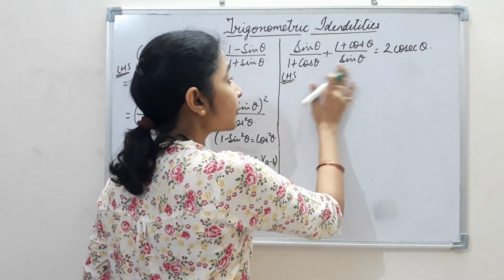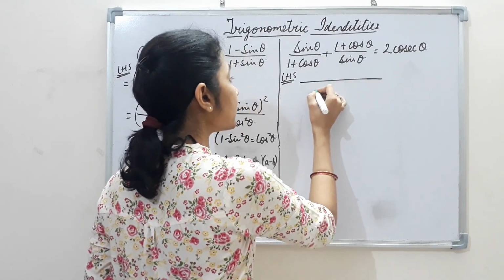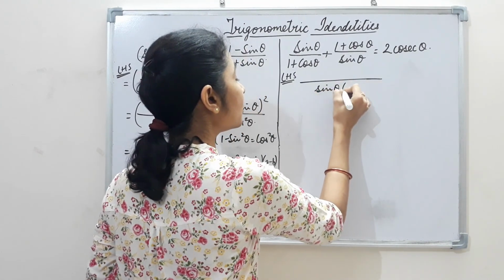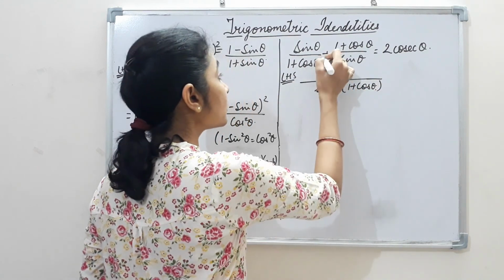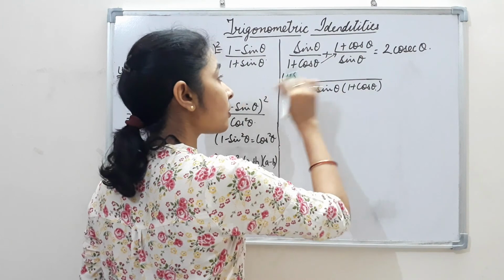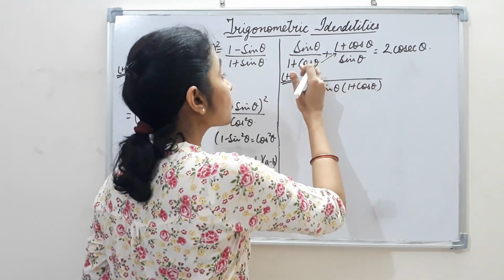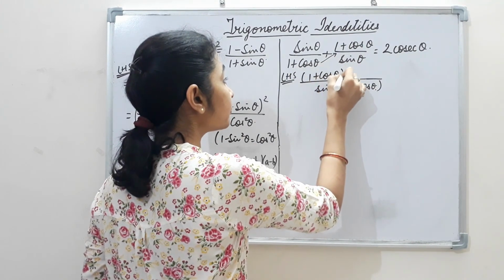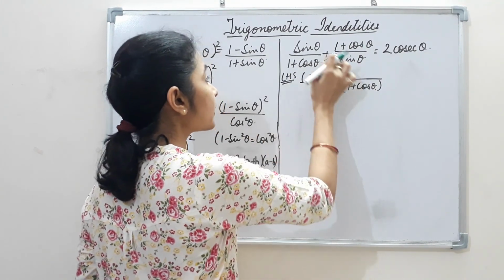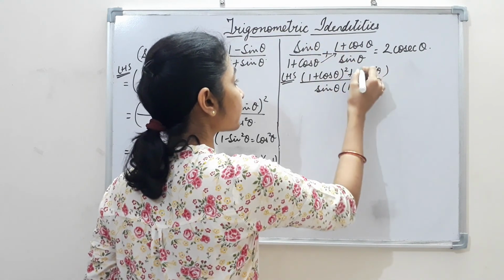we have different denominators here. We are supposed to start with taking the LCM. So I took the LCM, sin theta into (1 plus cos theta), that is our LCM. Now this multiplies here because both are co-prime in form. So here we are just multiplying: (1 plus cos theta) whole square it will be, and here sin theta into sin theta we get sin square theta.